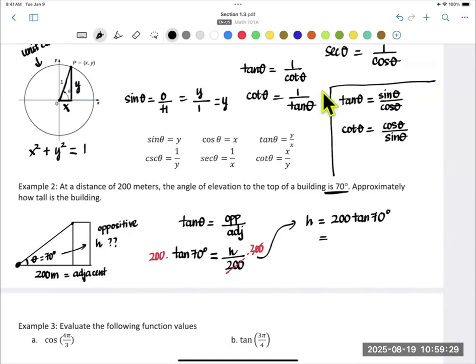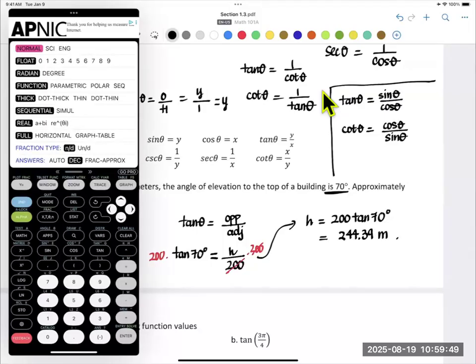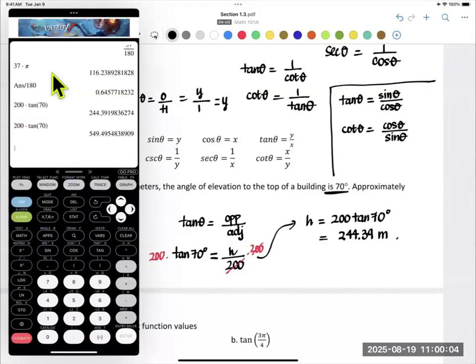At this time, we have to use a calculator to evaluate approximately how much that is. So 200 times tangent of 70, which is 244.39 meters. Okay, when you use the calculator, make sure you check that your mode is in degree. I have the wrong answer right here because the mode is actually in radian. So I have to convert that into degree. I make it degree mode, and then I go back and calculate again. And the height of the building is actually